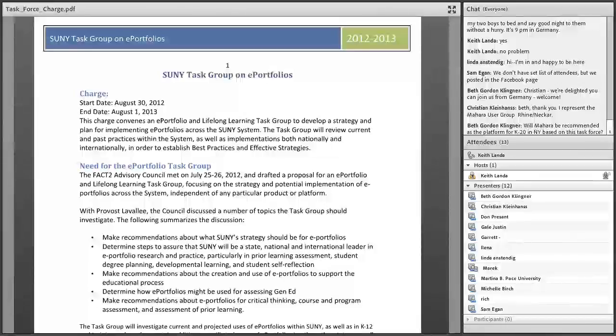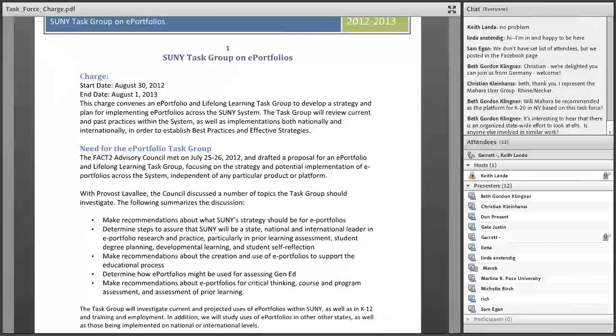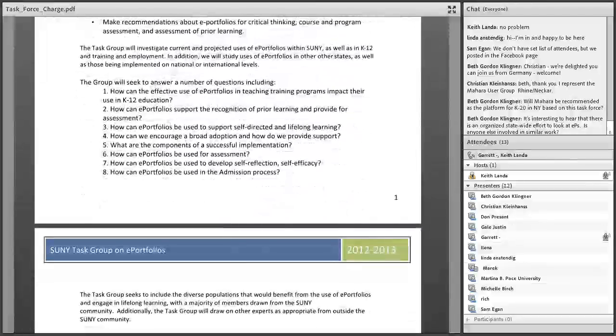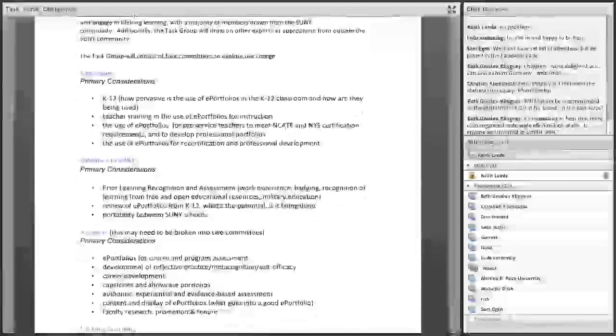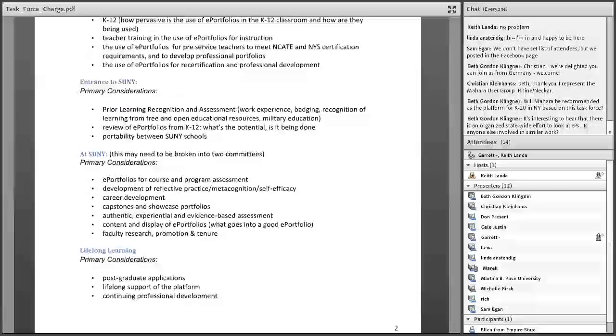If we could get some of these statewide e-portfolio initiatives going and sustainable and productive, then really thinking about how to coordinate efforts across states would be the next logical step down the road. But that's a real big picture. So that's a little quick thumbnail as to what's going on with the task force.